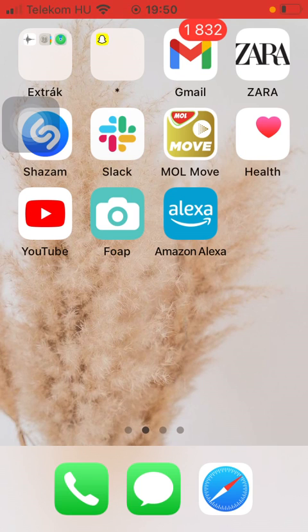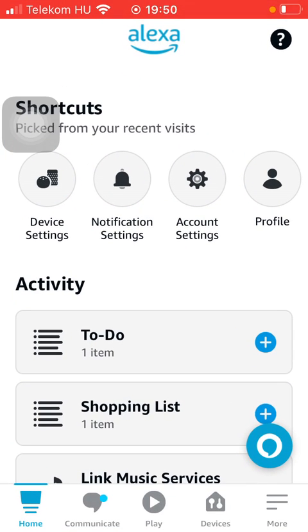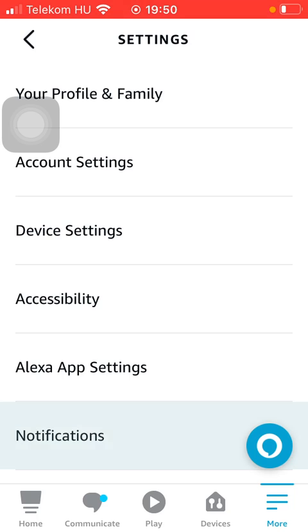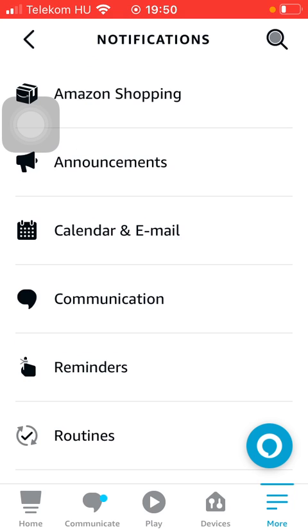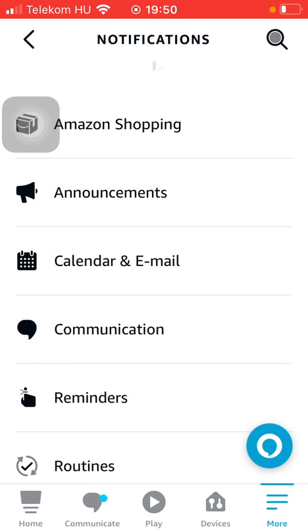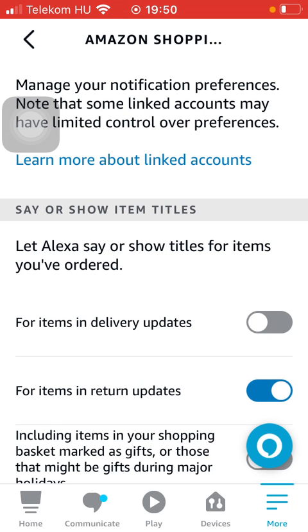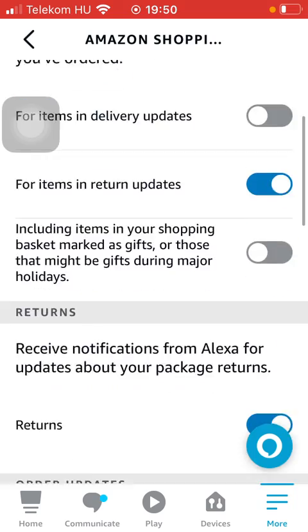First of all, open the application on your phone. After that you should tap on the More button down below. Click on Settings, tap on Notifications, and here you can choose from these categories such as Amazon Shopping. So for example, you can turn on these